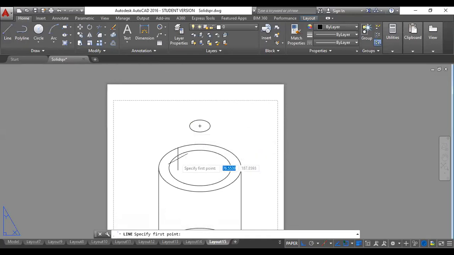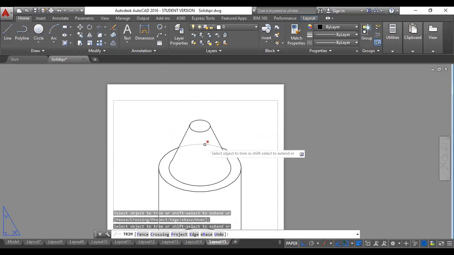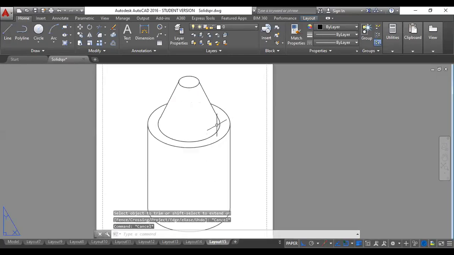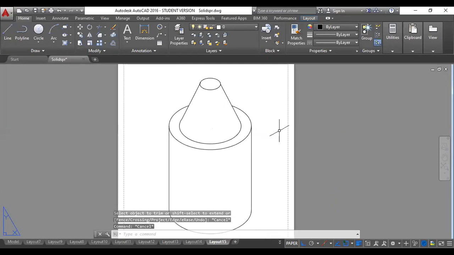Then you can easily join the other lines using the tangent relation. Then whichever lines are not visible to the observer have to be trimmed. So these are not visible to the observer, so I'll trim them. You can see that this is the problem. Using the tools available in AutoCAD, I can very easily solve these kinds of problems. In my next classes I will be continuing with a few more problems, because there are still many different tools to be used to solve such problems.